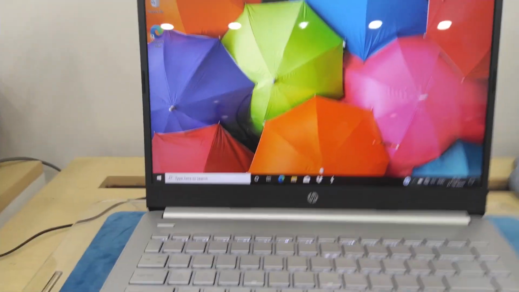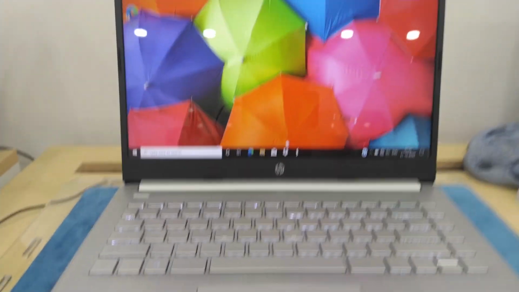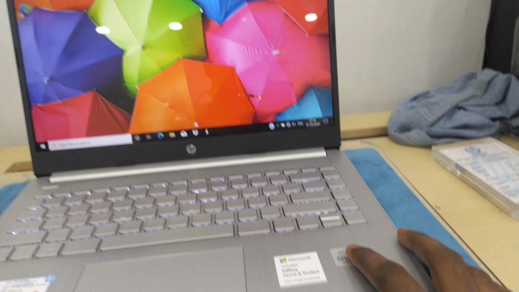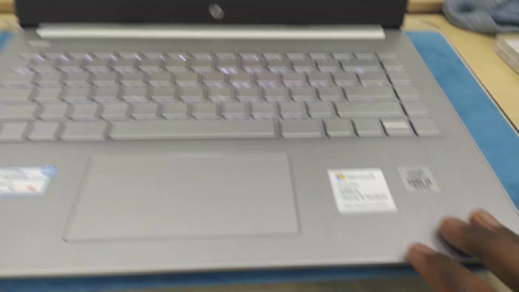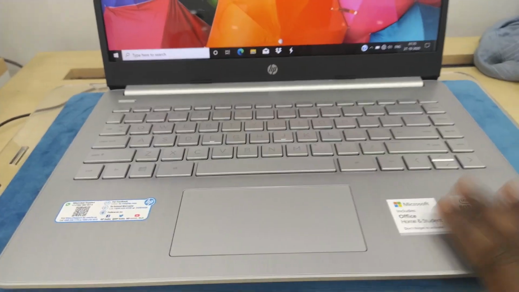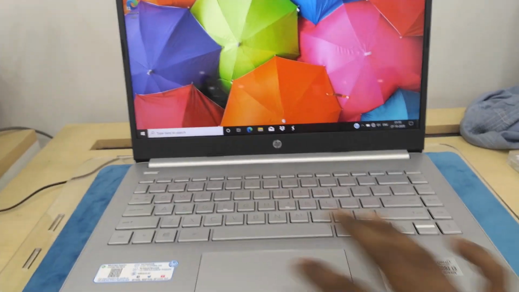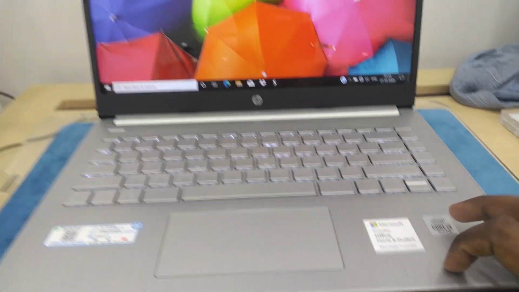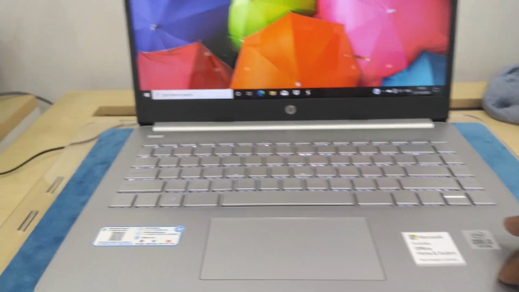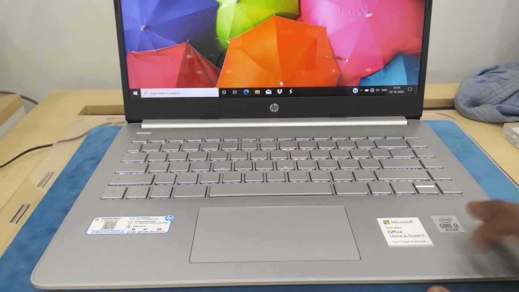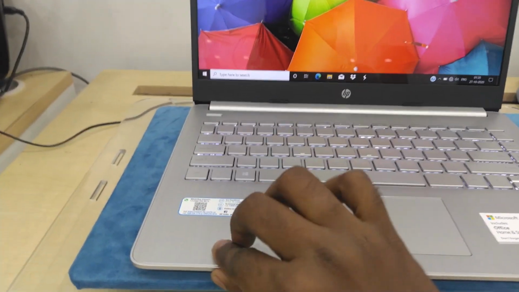So next, guys, about the disadvantages, there is a disadvantage about the fingerprint. There is a missing fingerprint over here, and the build quality too. Maybe I expected an aluminum metal finishing part over here.